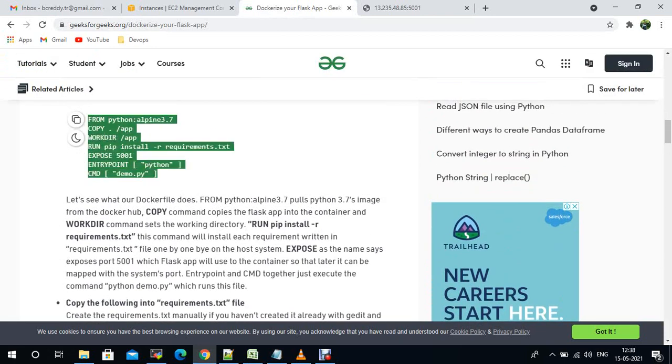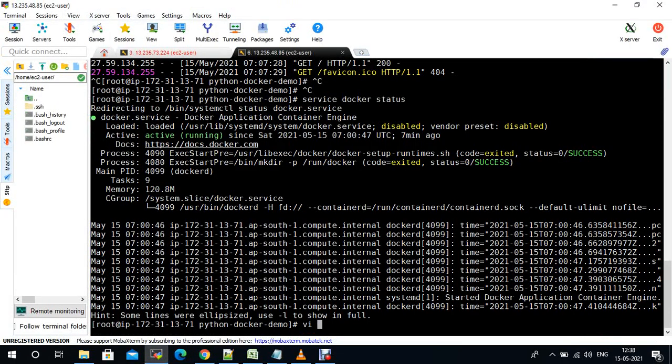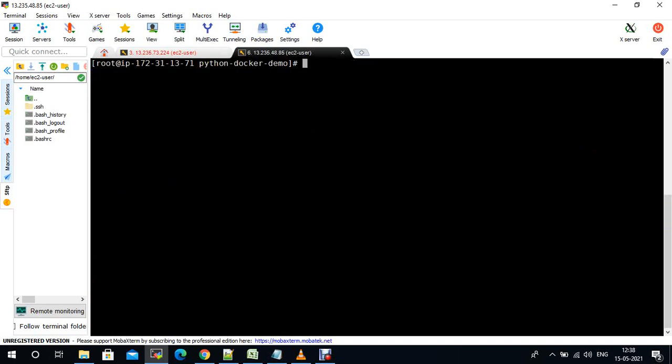See, this is the sample Dockerfile, vi Dockerfile. You can give any name also, but while running it you need to provide -f instead of the standard capital-D Dockerfile name. This is the standard format.